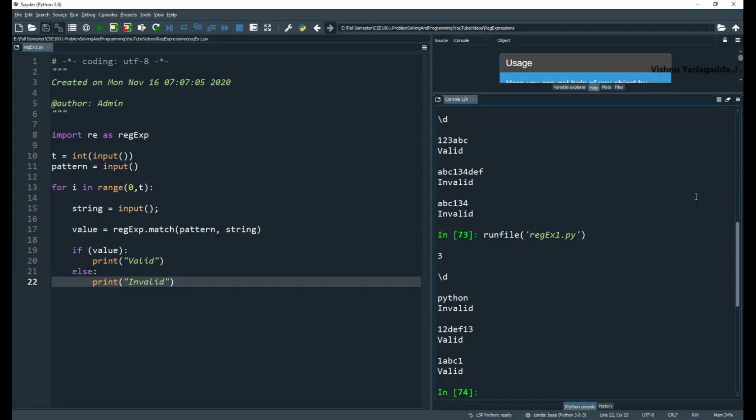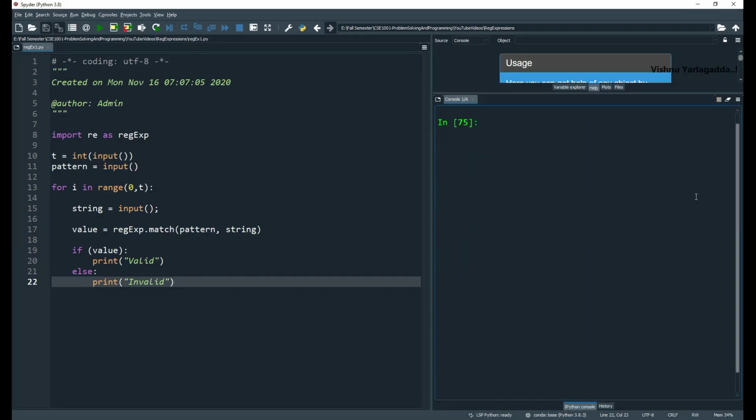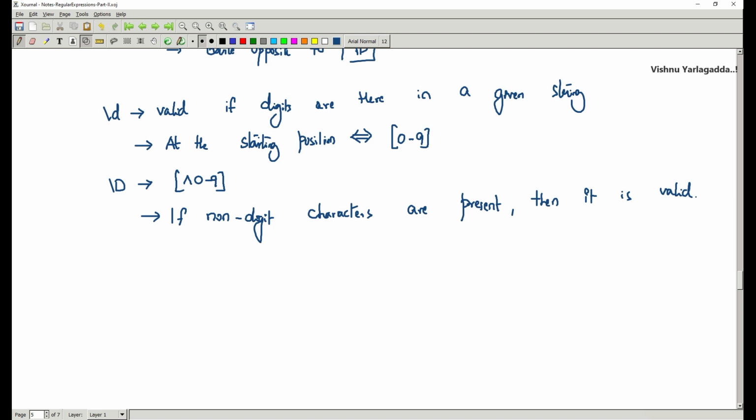You can see 3 test cases. Backslash capital D, abc 1 2 3 is valid, and 1 2 3 ABC is invalid. ABC 1 2 3 ABC is valid because it is not starting with non-digit characters.